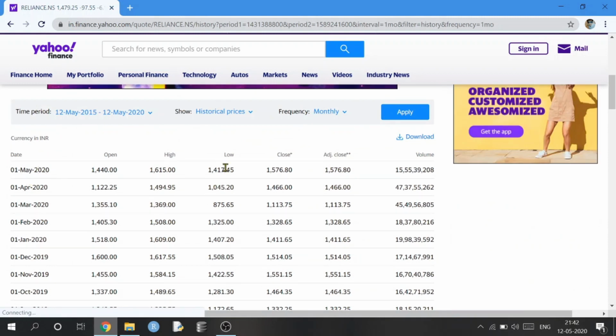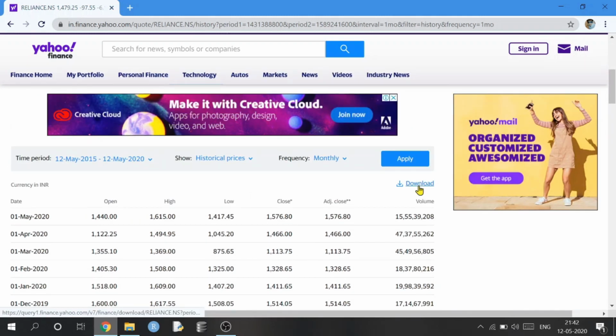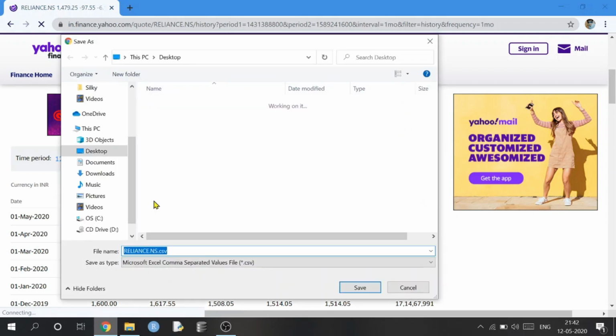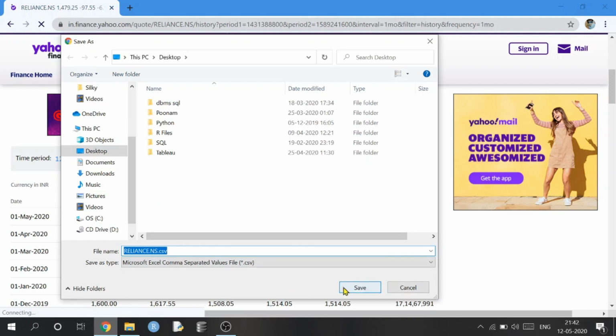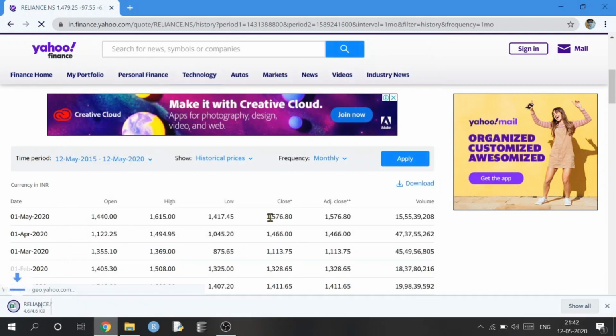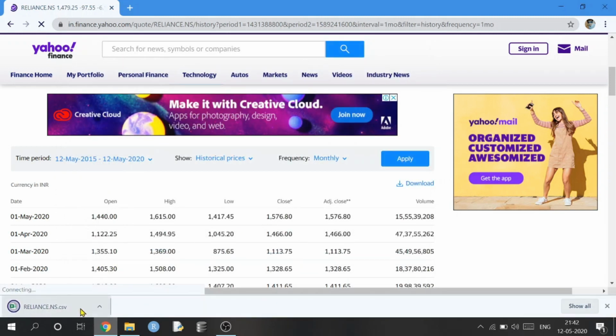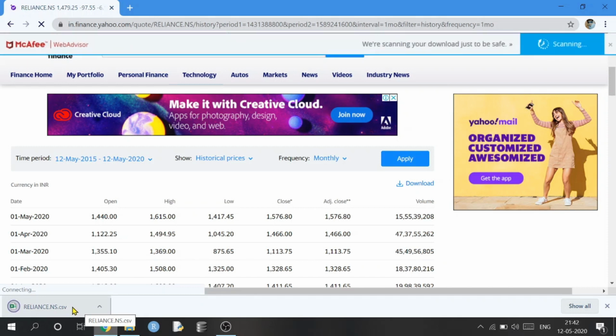Now if you want to download this data in an Excel file, you just have to click this download button. And an Excel file will be downloaded. You can open the file.